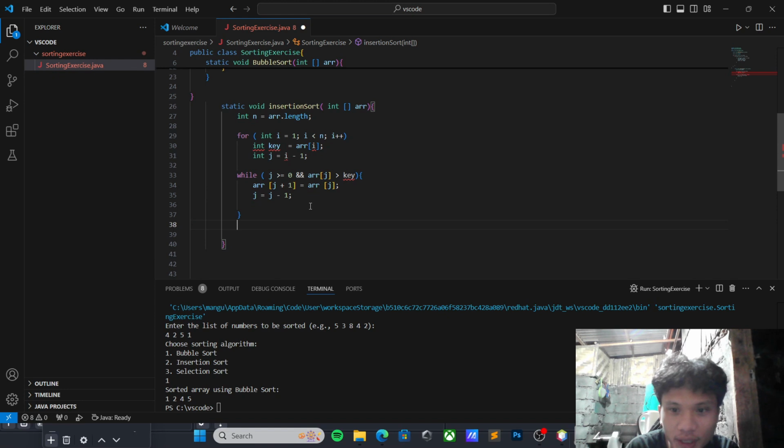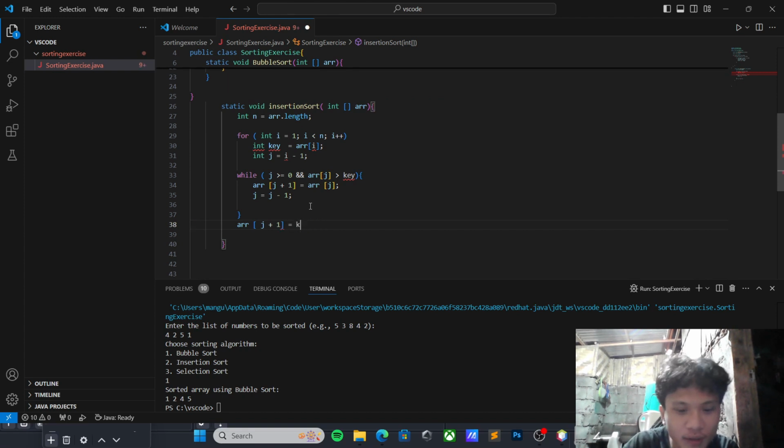Then we have to create the shifting of elements. It starts with our variable a in the square brackets, inside of it is the variable j plus 1, then equal to a[j].